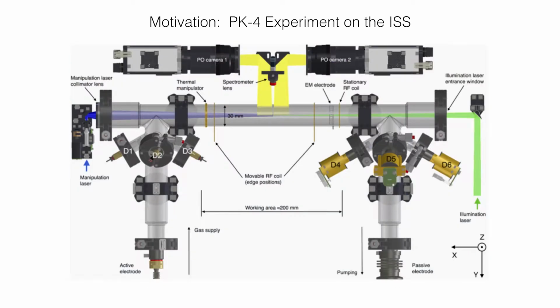And the trick here, that's a schematic sketch of the experiment, is that here in the central region, they introduce dust particles. With dust particles, I mean small spheres of melamine formaldehyde, which is a plastic. Monodisperse spheres, typically in the size range, they have several different sizes between 2 and 12 micrometers in diameter. Those dust particles interact with the gas discharge. In the gas discharge, you have free electrons and ions. The dust particles get charged, negatively charged in this case, and they interact with each other through the Coulomb force